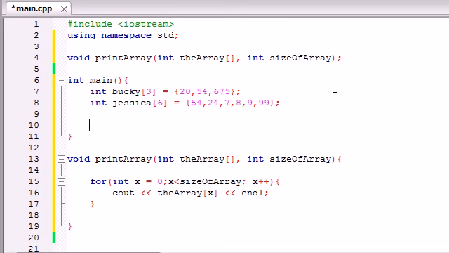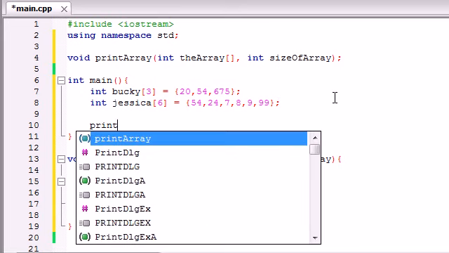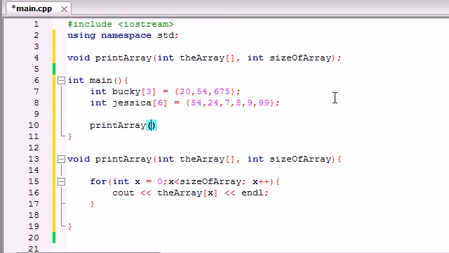So whenever we want to use this function that we just created, just go ahead and type the name of your function, print array, and give it the 2 pieces of information it needs. But you know how at the beginning of this tutorial I said that there are a couple of tricky things that you need to watch out for? This is one of them. You might think in the first parameter you might type Bucky or Bucky square brackets or Bucky square brackets 3, but actually the only thing you type is the